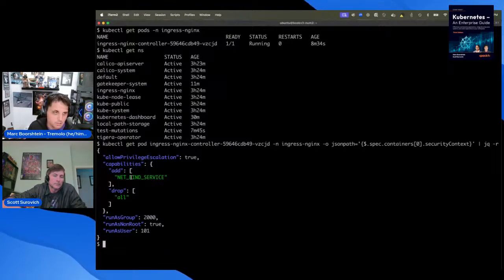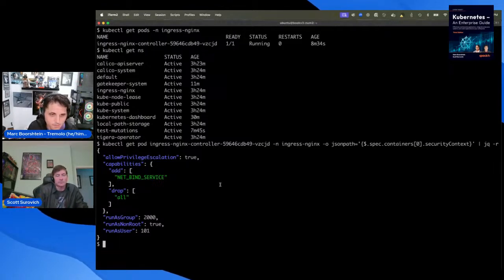For folks that have not yet taken Networking 101 or Linux 101 or Unix 101, whatever 101 covers this: any port below 1024 is considered privileged, and so you need to be root, or on Linux your user needs to have this NET_BIND_SERVICE capability. So it is privilege, not a lot of privilege, but it is privilege, and that violates our policy. So that's why we're getting an escalation.